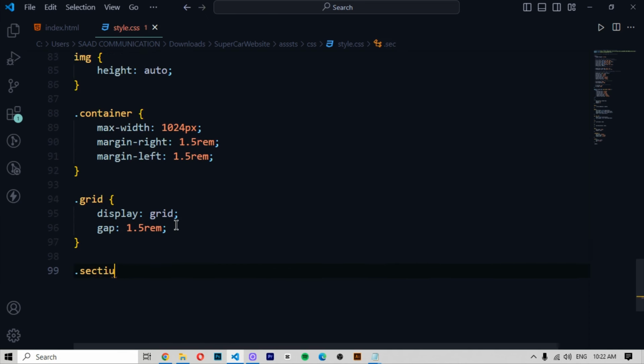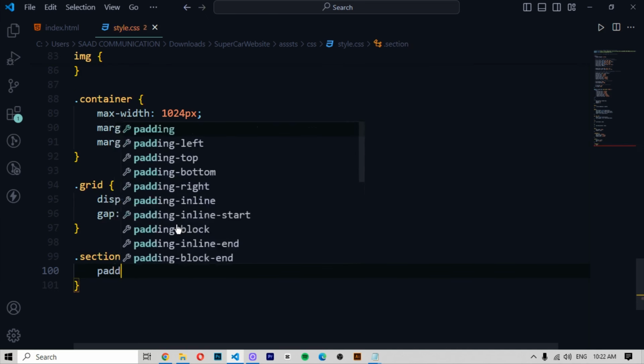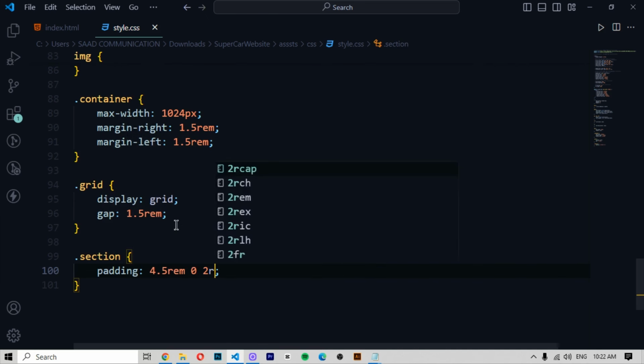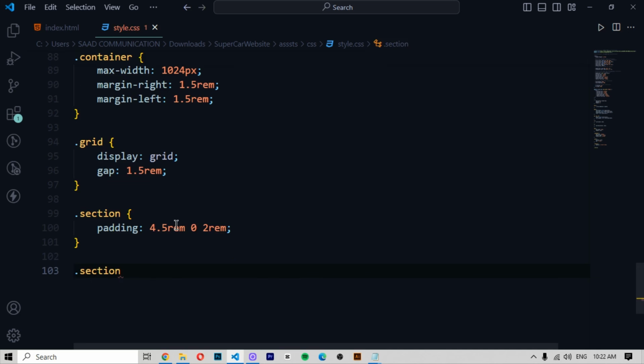Then .section, here we define padding 4.5rem 2rem, and then here we define .section__title,